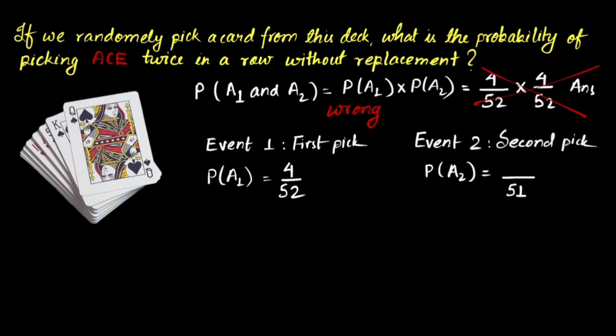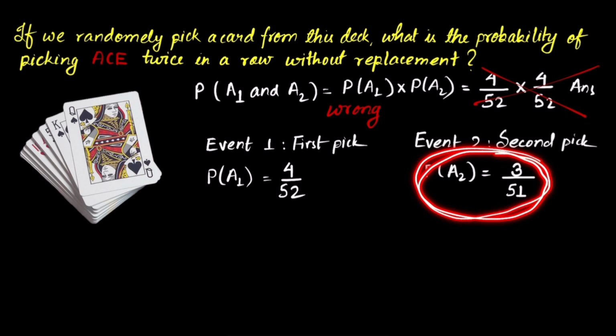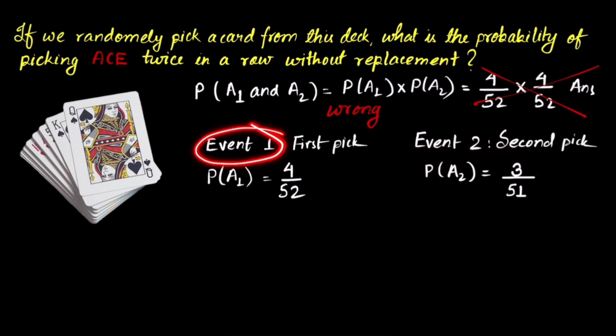And since that card is an ace, the number of ace cards remaining in the deck has also decreased. There were 4 ace cards before, now there are only 3. So in this case, the occurrence of event 2 is affected by the occurrence of event 1. And such events are called dependent